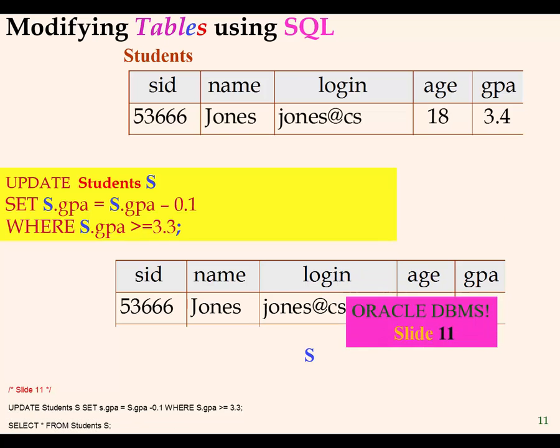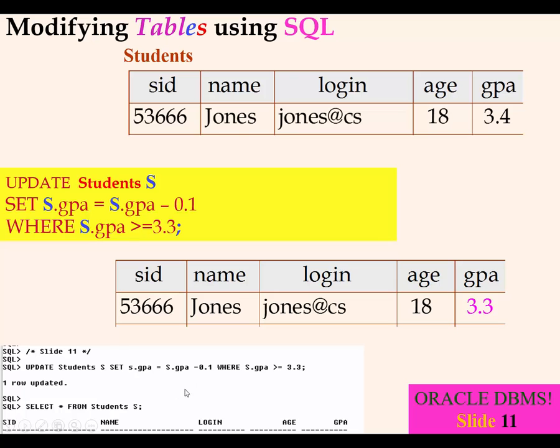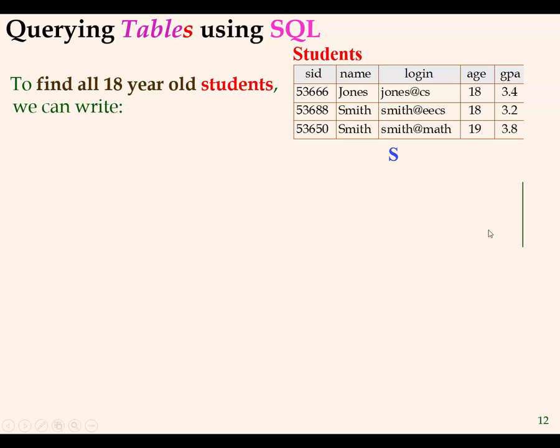So I'm running this, and you can see that the output says that is a 3.3. Very good. Querying tables. For example, I'm interested in finding all students in this instance that are 18 years old. I can see what the output should be, so I can do it manually, but here is the command that allows me to